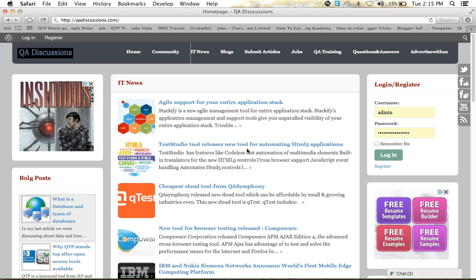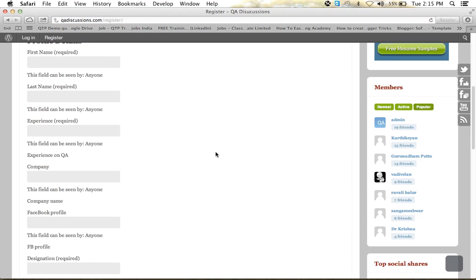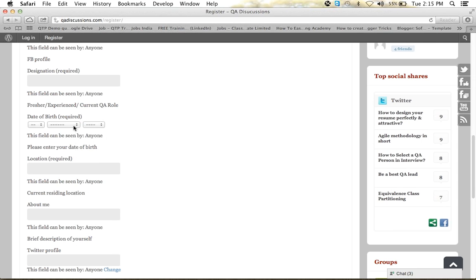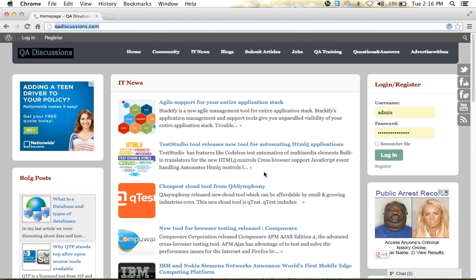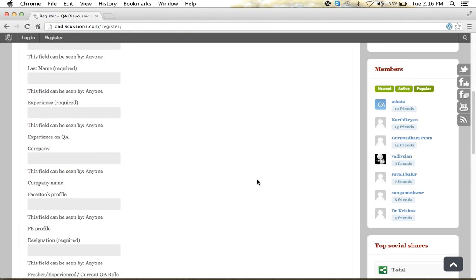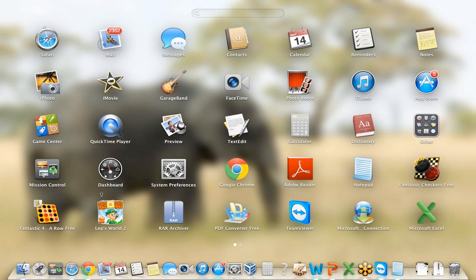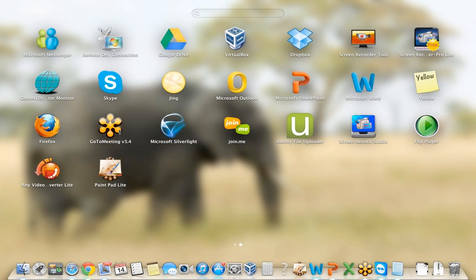But if we have something complex, like if we take a registration form, it has so many modules. We need to see whether everything is the same or not. See how there is a drop down here. It is in this form. But if we open in Chrome, how will it be? We need to verify. We need to see in each and every browser here. It is also the same. Let's see in Firefox.